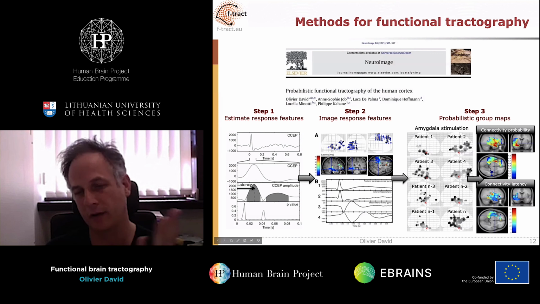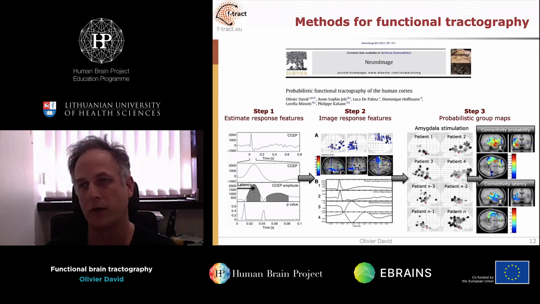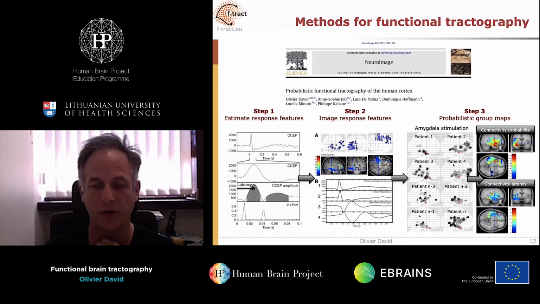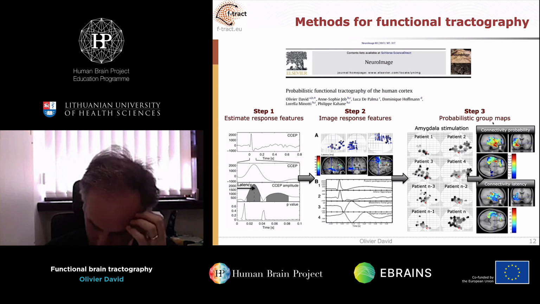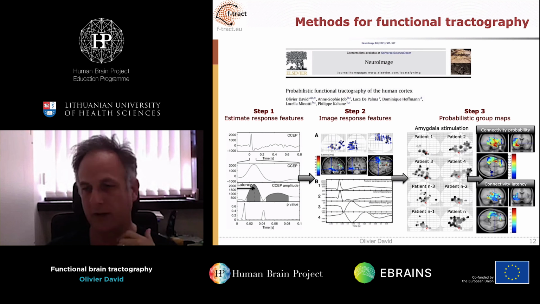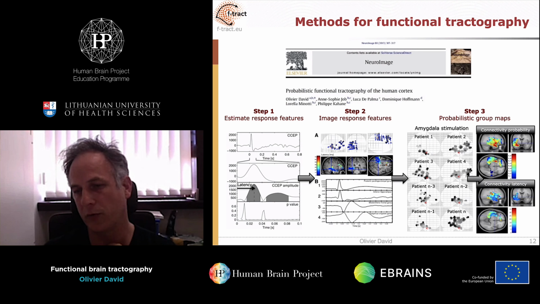which means that all the maps are different. So that's the main problem we have with those data as compared to MRI, where we have the whole brain for everyone. Here we have access to only a small part of the brain in each patient, and then we have some group analysis methods to provide a statistical map of the connectivity of the amygdala, for example. And so you see here in red the probability of connectivity. Basically we see the limbic system that is connected to the amygdala.